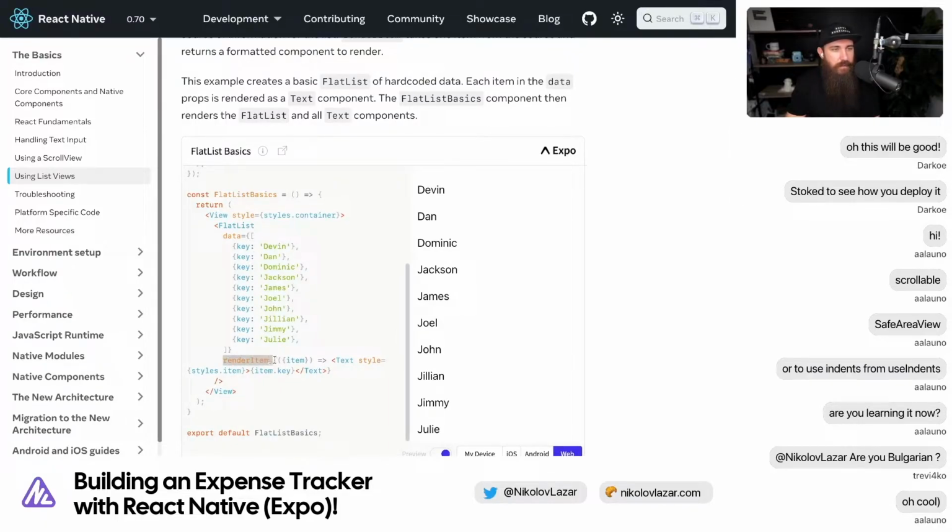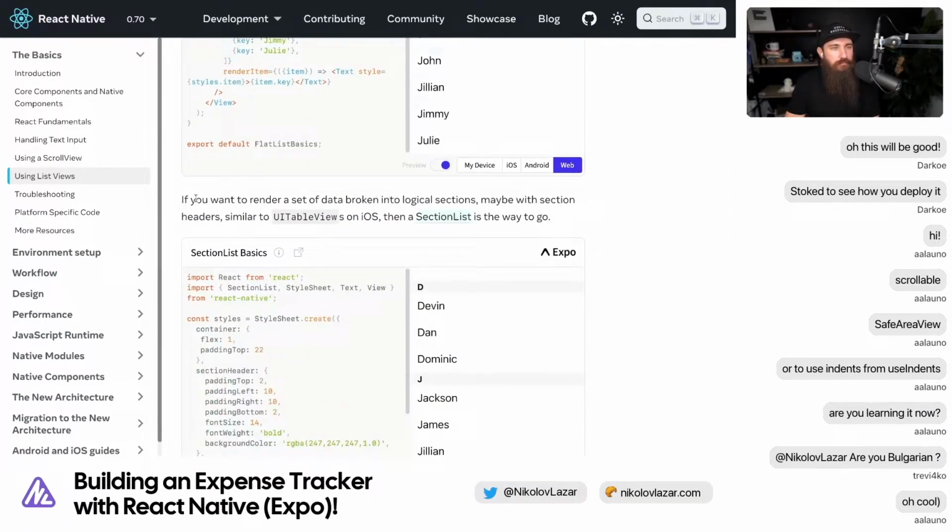In React, these are called render props, where, for example, you feed the data, and then the render item callback right here is going to be called for every item. So you can pass the styles.item here. There's the key, whatever property your data has, you can use them here. Okay, cool. If you want to render a set of data broken into logical sections, similar to UI table view,